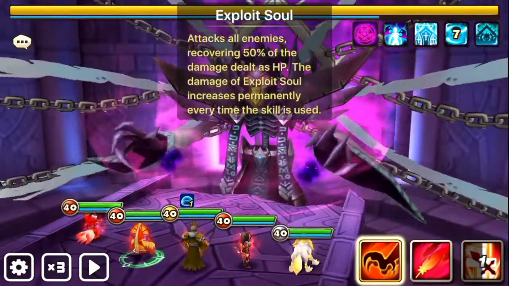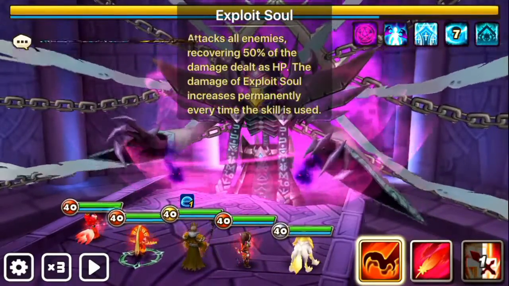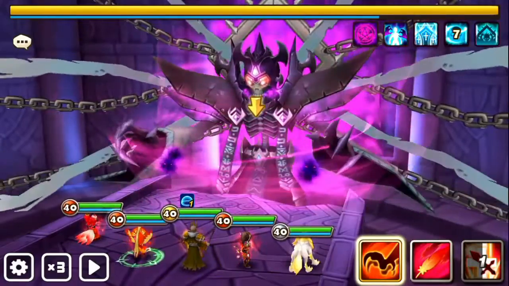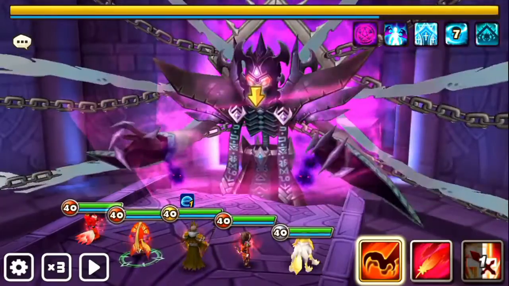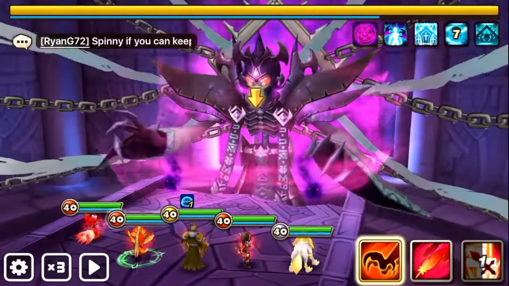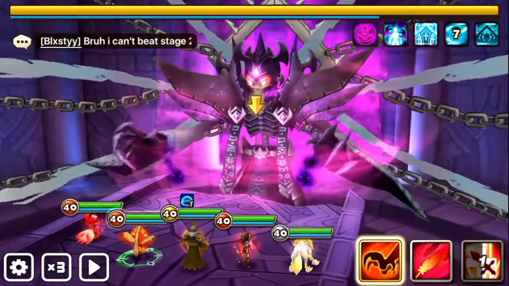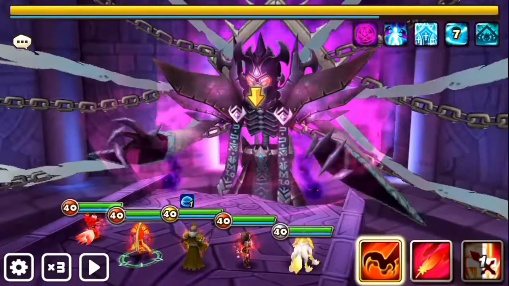So the first thing is called Exploit Soul. Basically, he attacks everyone and then recovers 50% damage as HP. And the longer the fight takes, the more damage it will do. So the more he uses that skill, the more damage he will do. You can see in a bit when I start playing, it will say Exploit Soul +1, Exploit Soul +2. That means that's the amount of times you use that skill, and the more it goes, the higher damage